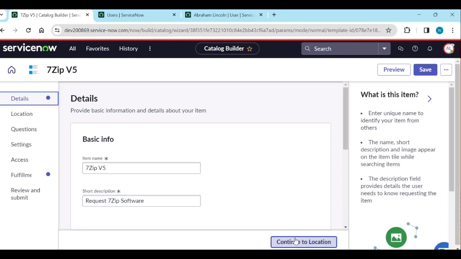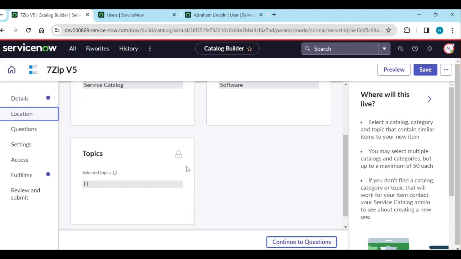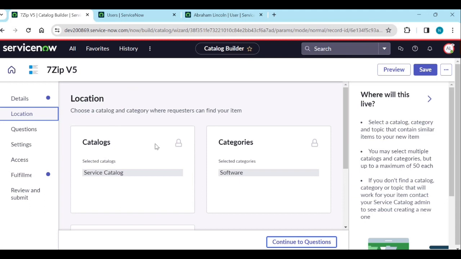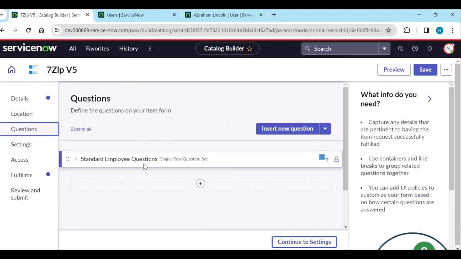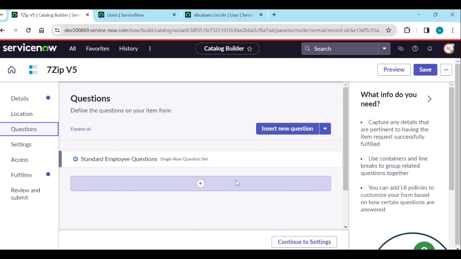Okay, continue to location. Which location? He will not. He does not have any editable because we did not give any access to him. Okay, to edit it. Okay, continue to questions. So if these questions become mandatory, okay, so he will not select anything. So now he can insert a new question or